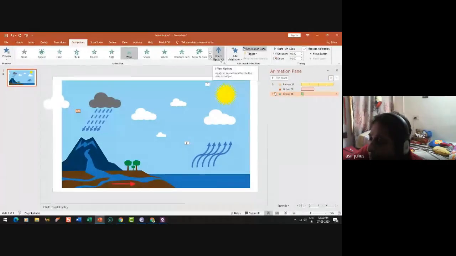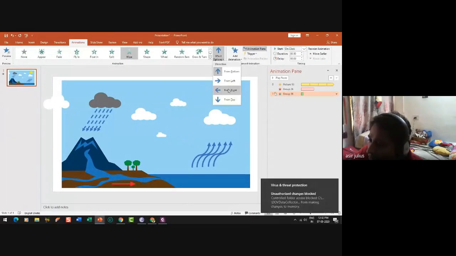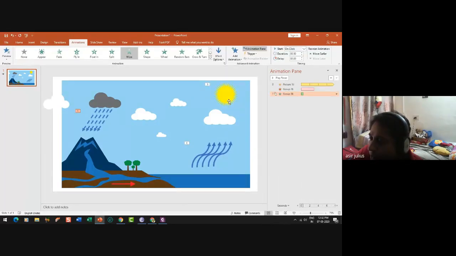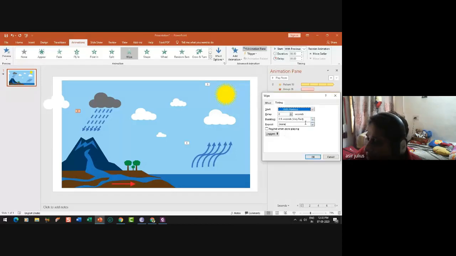I'm going here at the effect option, and if I press this, it is showing if you wanted to keep it from left or from right or from top. We all know rain comes from top, so this would be appropriate. And the trigger is again with previous, and how long it should happen, clicking it, timing.